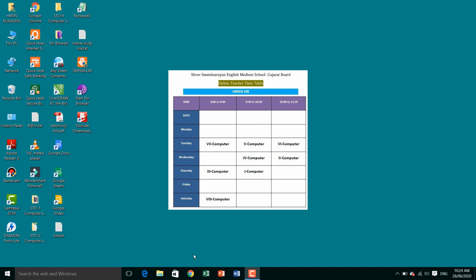The next topic is field properties, or creating a table in MS Access 2010. So how to create a table in MS Access?